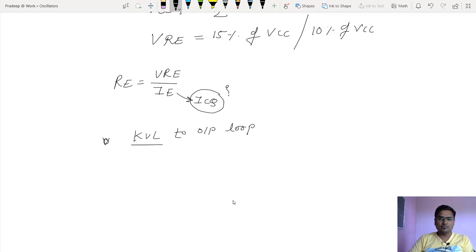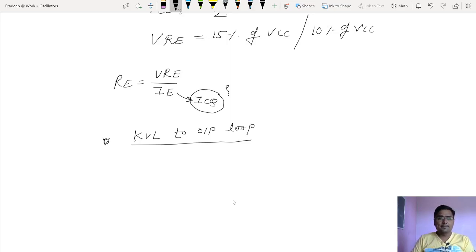See, whatever I am doing here, that's not new at all, is it? We did this so many times, and that's why I am going in fast mode. So there is no point to write all these equations again and again. It is already there, four or five times, in your notebook. So consider this a formal discussion only, of designing an amplifier.